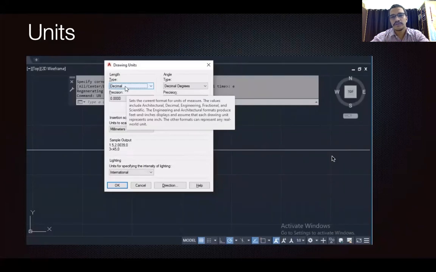Depending upon your dimensions, you need to set the units, either millimeters or inches or XYZ dimensions. Because in the end it gets difficult to change the units, and in a complex drawing you can face a lot of challenges if you don't set them before starting the drawing. Okay, so I hope you got the unit part.